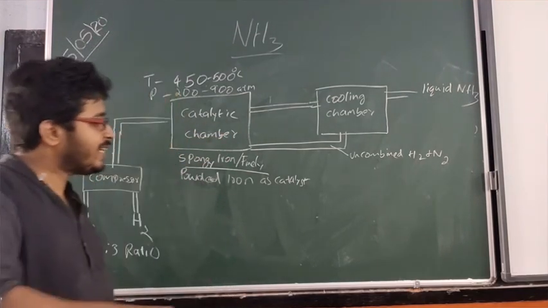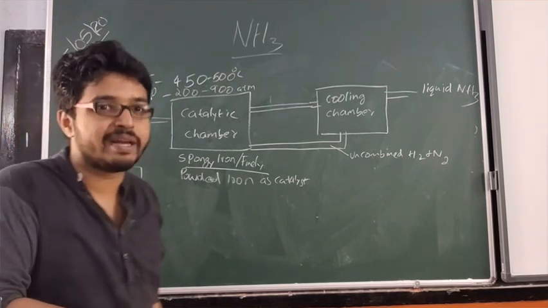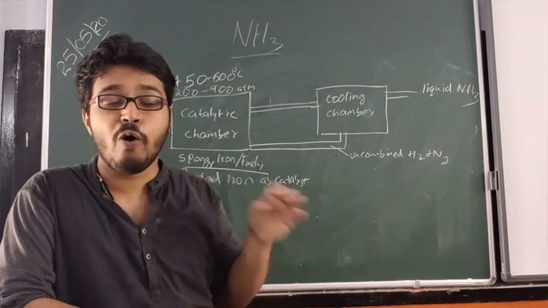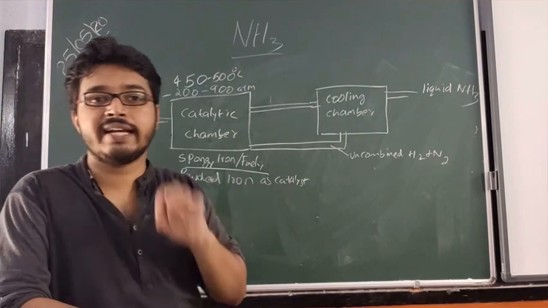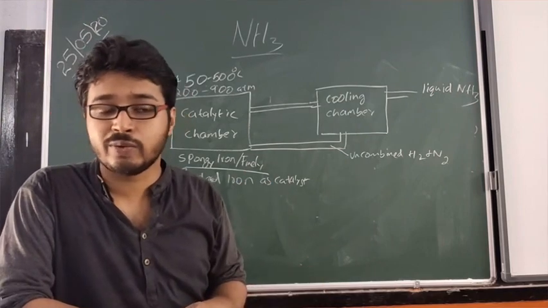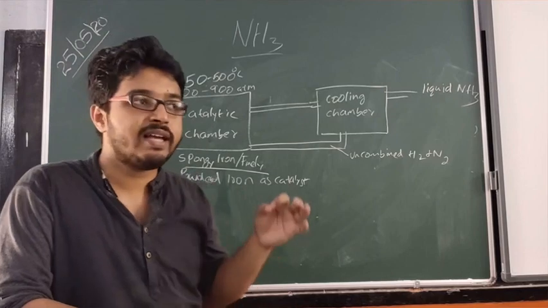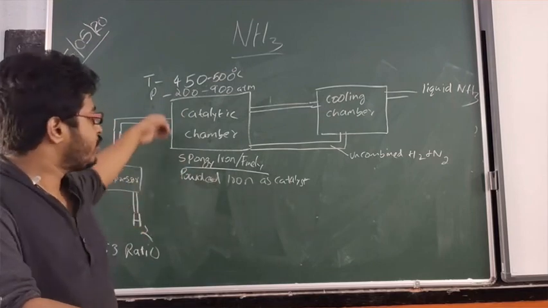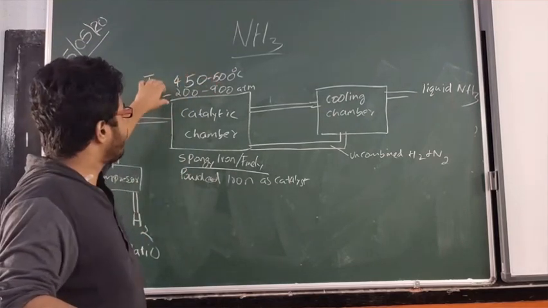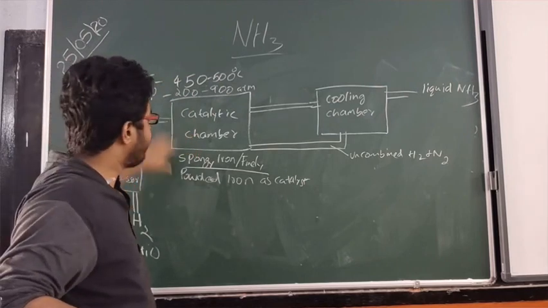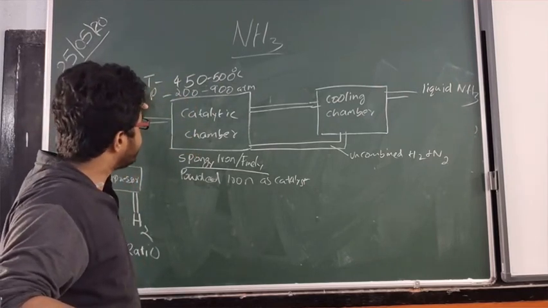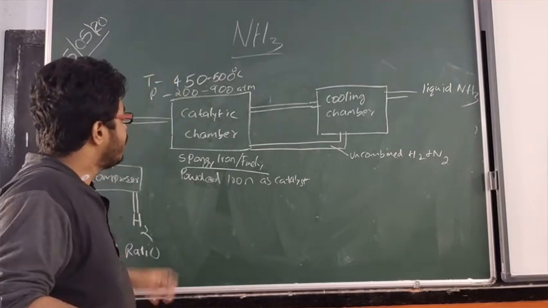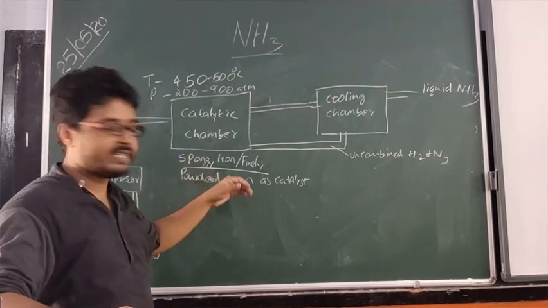This is because nitrogen is normally inert in almost all conditions. Unless we give a high pressure or high temperature condition, the nitrogen triple bond is not easy to break. So for nitrogen to react with hydrogen, you need high pressure and also the presence of a catalyst. We are not taking a very high temperature condition here, we are preferring high pressure instead. So under this high pressure and 450 to 500 degrees Celsius, in the presence of the catalyst, nitrogen